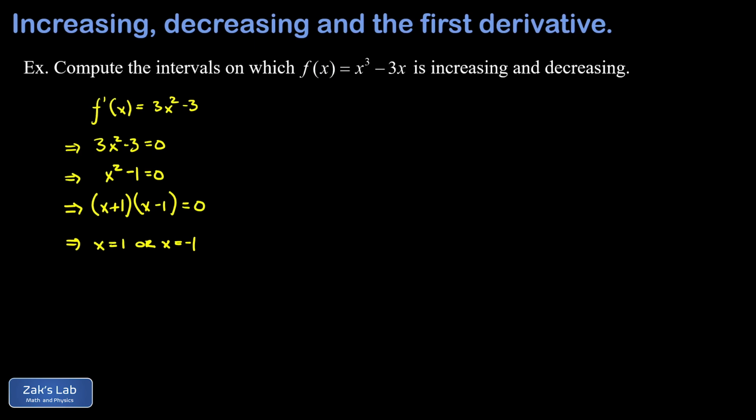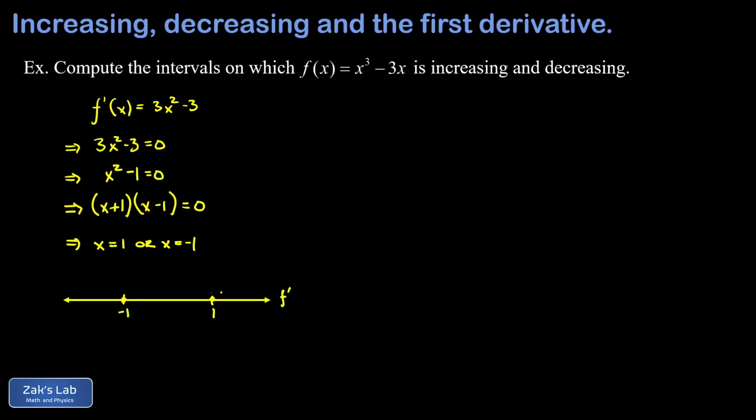And that means these are the spots that are separating regions where the derivative is positive or negative. So it's really useful here to bring in a number line to visualize what's going on. This is a number line where we're looking at the values of f prime, the first derivative. And I'm really interested in these two spots, -1 and 1, because my first derivative is equal to 0 at